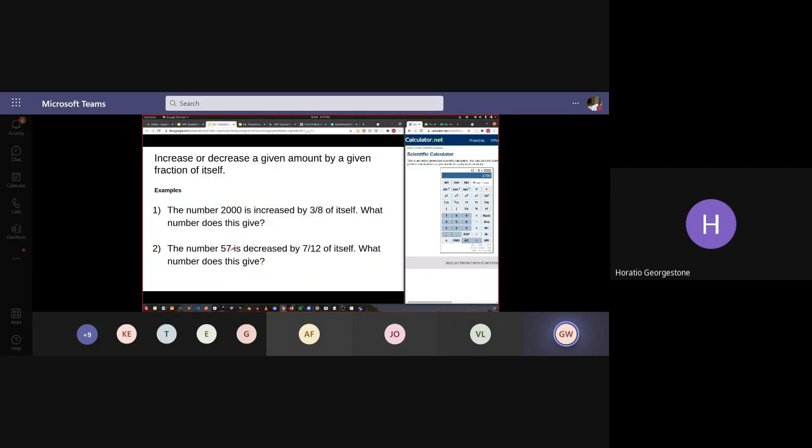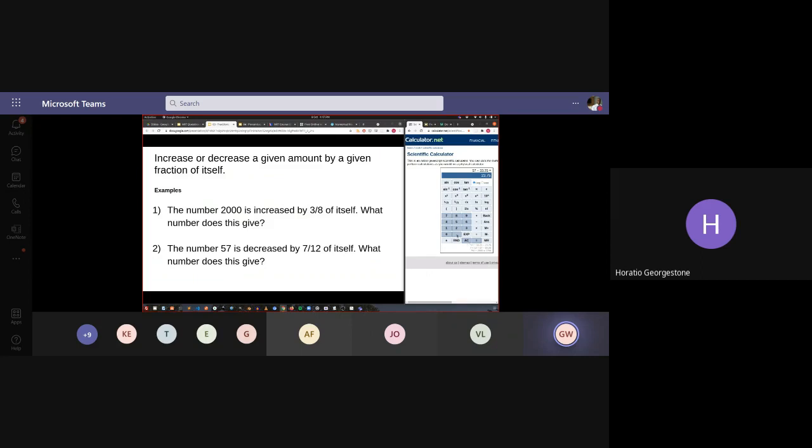The number 57 is decreased by 7/12 of itself. What number does this give? Okay, so first we find 7/12 of 57, 33.25. And then what we want to do is take that away from 57, because it's a decrease this time. So we do 57 minus that, and we get 23.75,